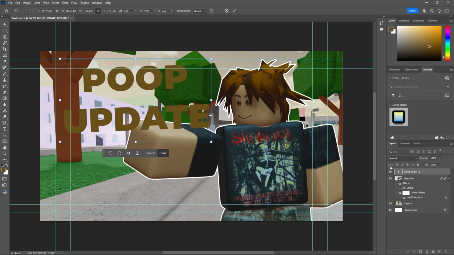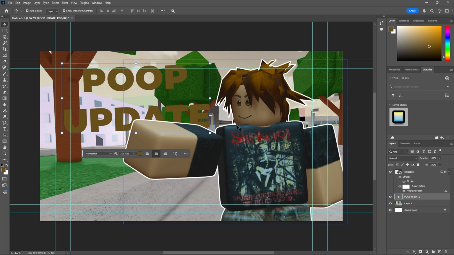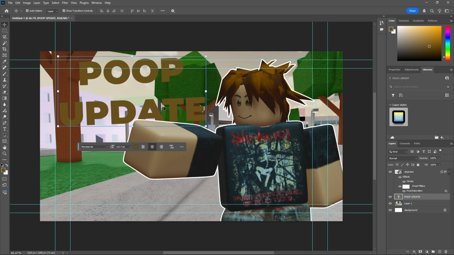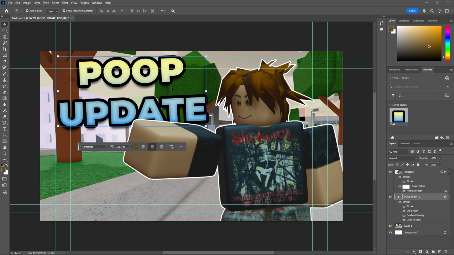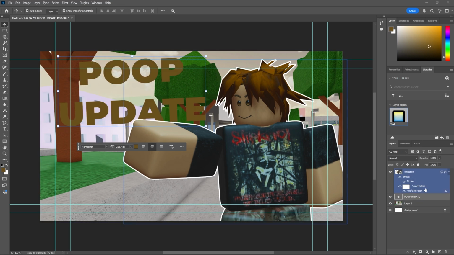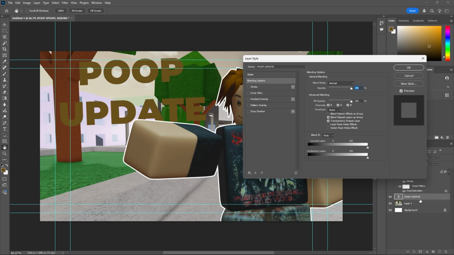Now I've made my text, we're going to size it up even more and then drag it below our thing. This adds a depth to our image. Now I'm going to show you how to make it look like this. To do that, look over here, you need these things right here. A stroke,